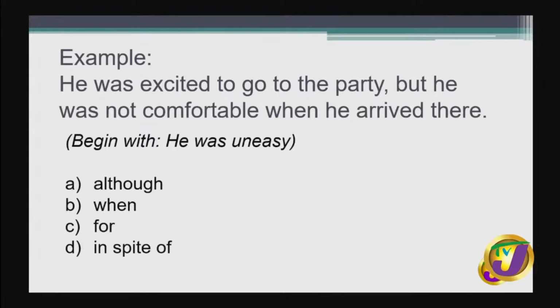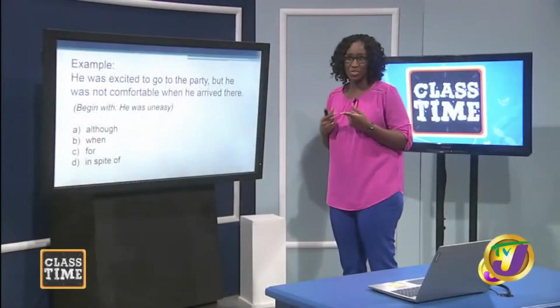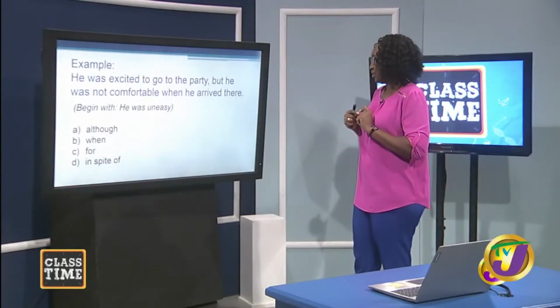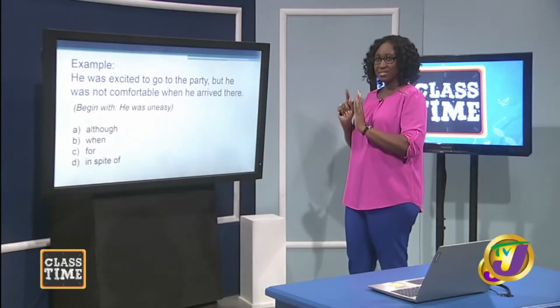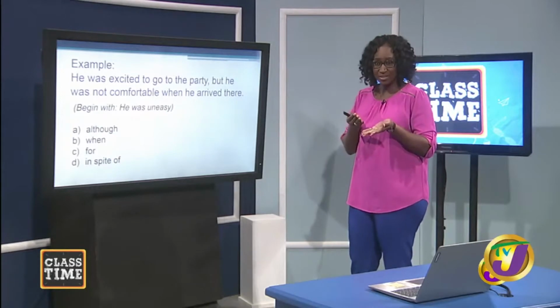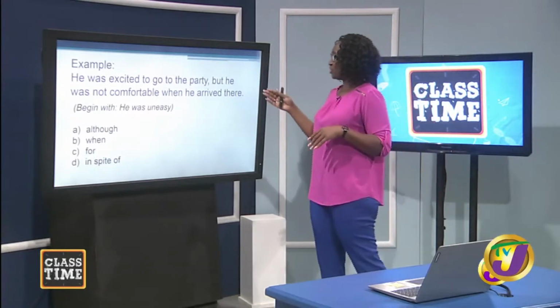Is it the first part, he was excited to go to the party? Or is it the second part, but he was not comfortable when he arrived there? What part of the sentence has the same idea being conveyed as he was uneasy? The second part. Good. So if you're going to start the sentence with he was uneasy, now you have to think of how am I going to start the sentence and how am I going to write this new sentence? So begin. He was uneasy